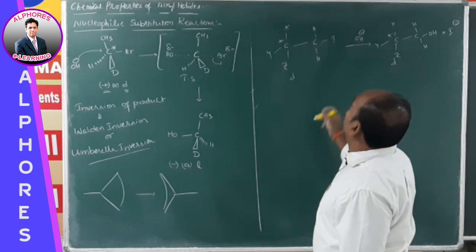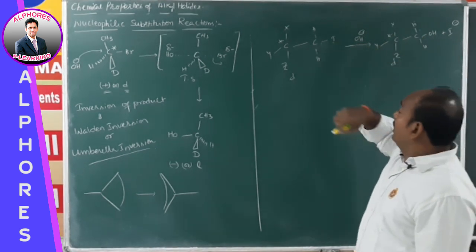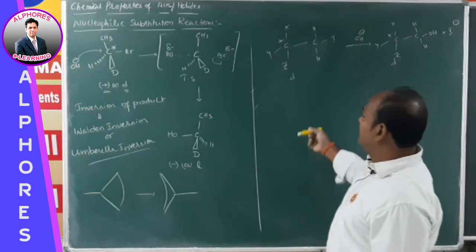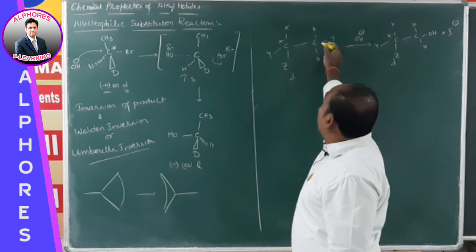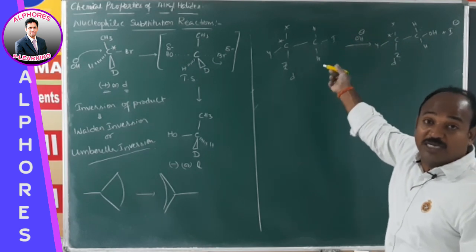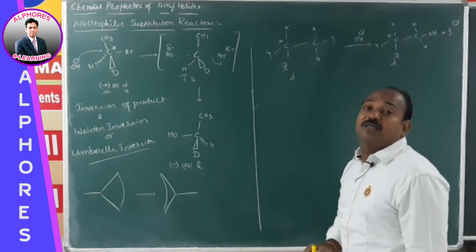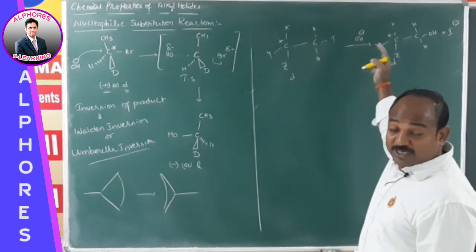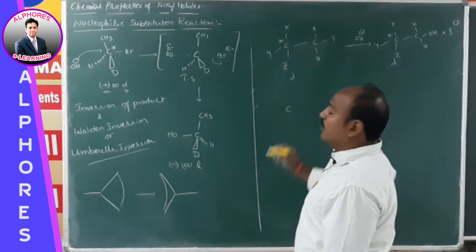Now, because of substitution, if a group's priority is going to change, suppose we mentioned that this is D or R, and I is displaced by some other group which has higher atomic weight or atomic number, in such a case the group's priority changes, and that we should consider. You have to take that precaution and verify whether inversion is really there or not in such a case.